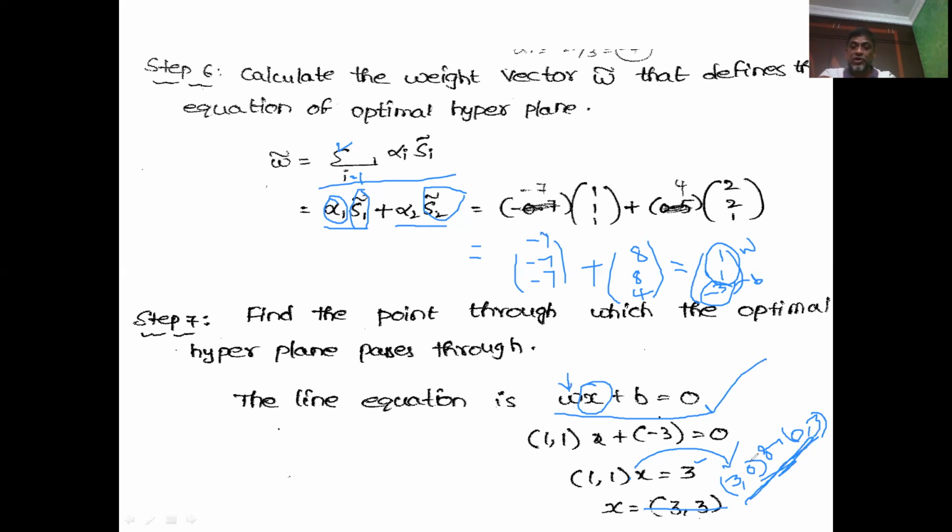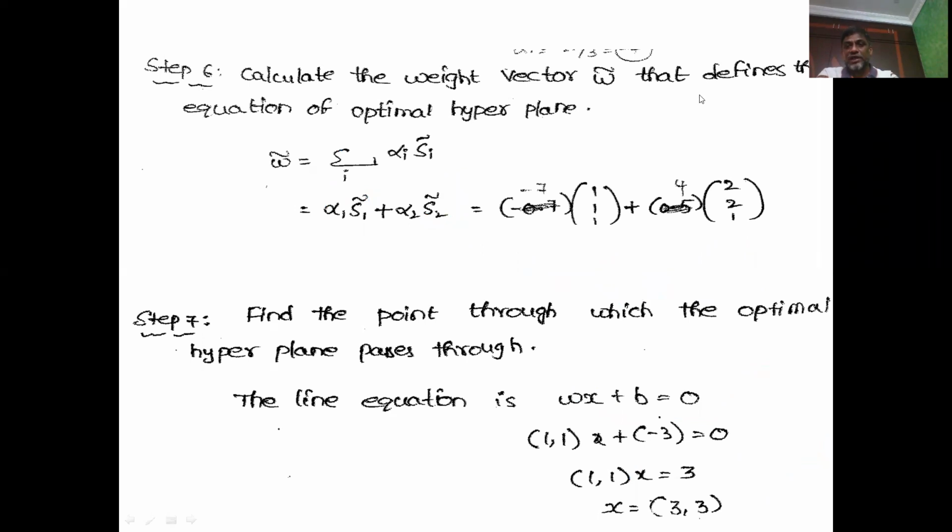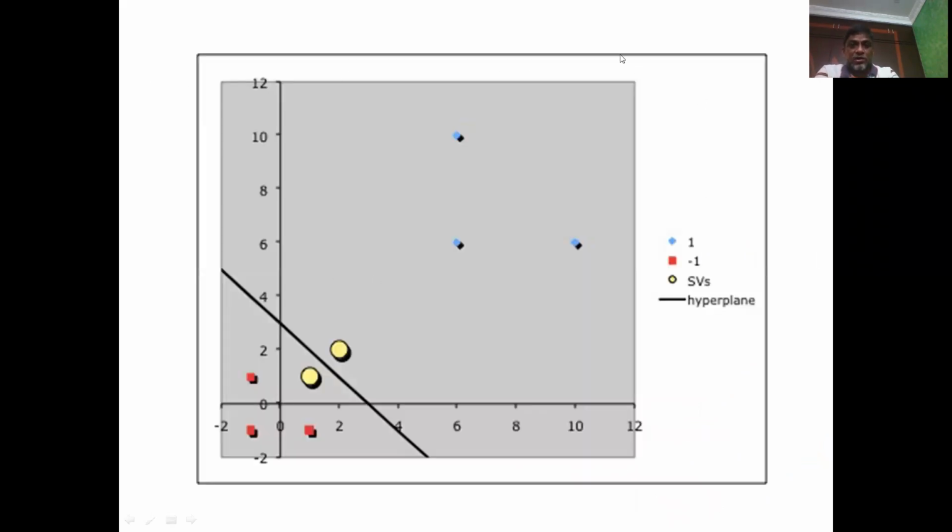So I picked the two values here, 3 comma 0 and 0 comma 3, as 2 points on the straight line, and then you can connect them and extend them to infinity to draw the corresponding straight line. Now let us draw the straight line that separates the input patterns given in our example problem. In this diagram, this point represents 3 comma 0 that I identified as a point on the line. Similarly, this point is going to be 0 comma 3.